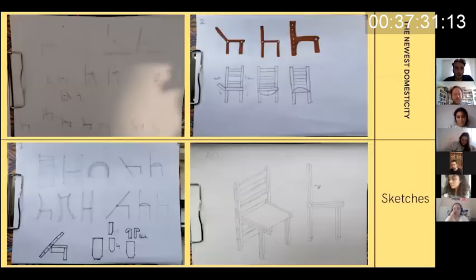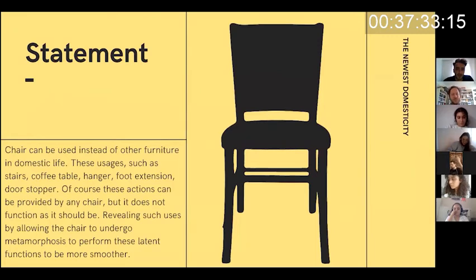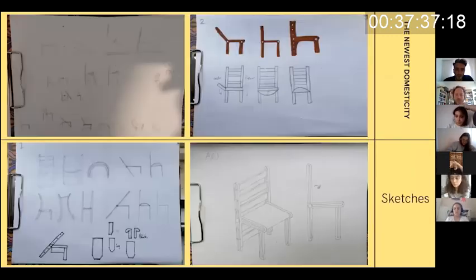Developing the latent or different uses of the chair in domestic life. So I start, such as in a food extension, coffee table, or a step ladder. So I start with making sketches. In my first initial sketch, I tried to make a structure work for turning into a ladder or turning into a coffee table. In my first sketch, you can see that I try to make